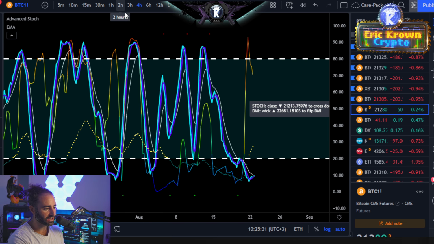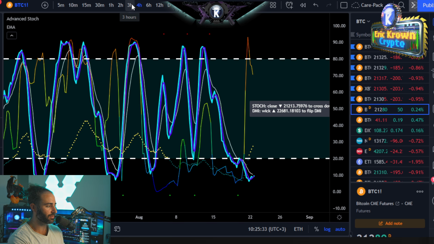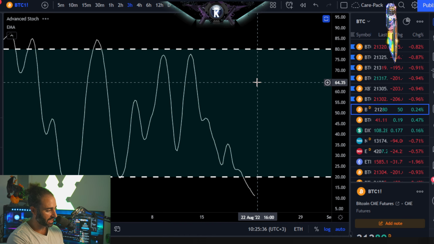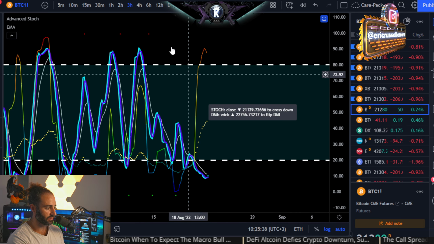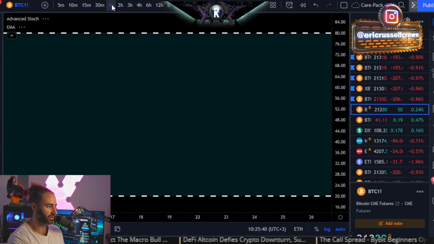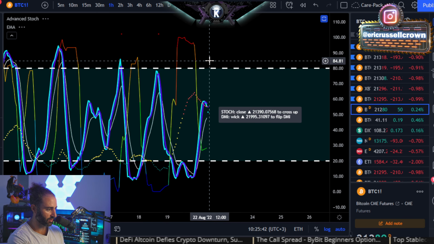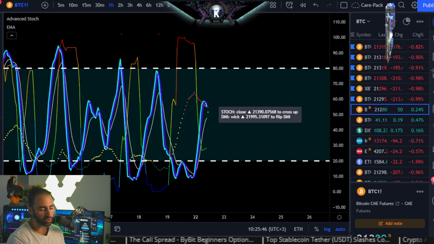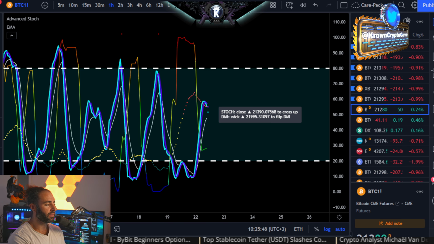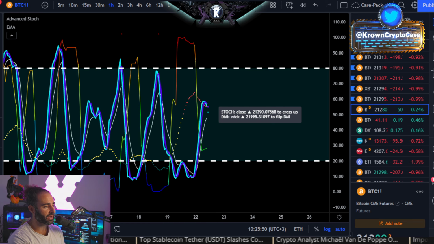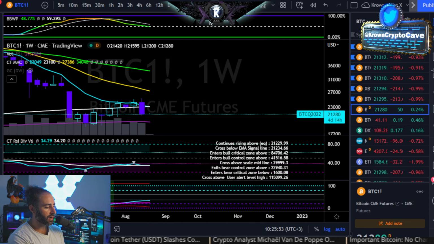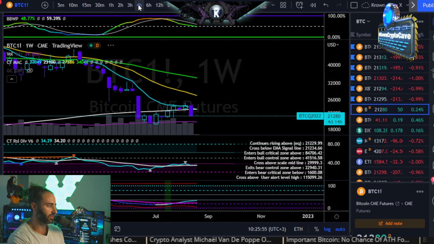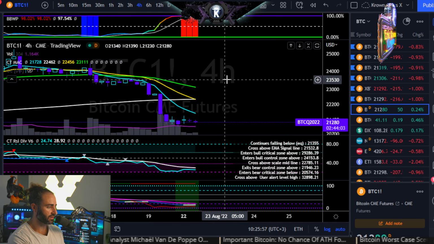So it's just hard to keep momentum this extreme to the downside in the short term. 3 hour, same thing, way down there. 21,100 going to be the magical number. And then the hourly is probably flippy floppy right now, but actually down below 21,400. So maybe one more swipe of the lows, maybe a little bit lower in the short term, but I would be preparing for bounces relatively soon on the short term timeframes after maybe one more drive to the downside.